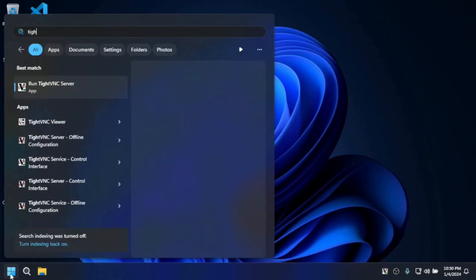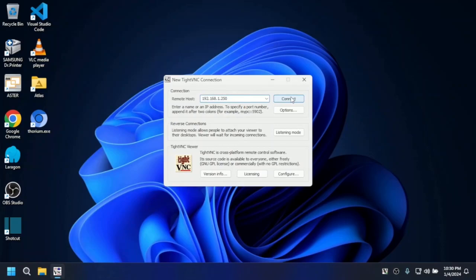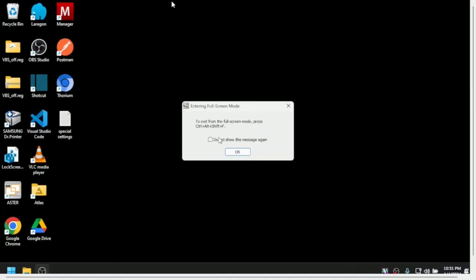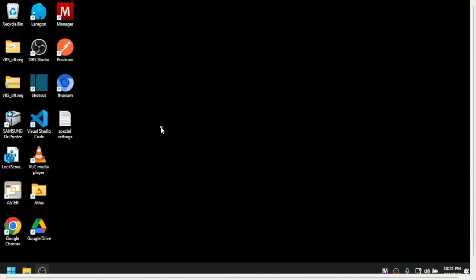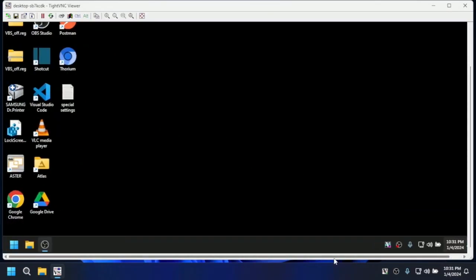So if I open TightVNC Viewer and enter the IP and connect, I'll be able to connect it to the first workplace, as you can see here. Okay, as you can see here, this is the first workplace, and I can control the workplace from here. So let me move out from the workplace. Now as you can see, this is the second workplace, and let me go to the first one,